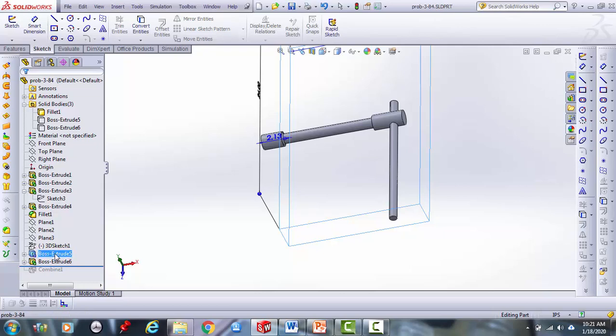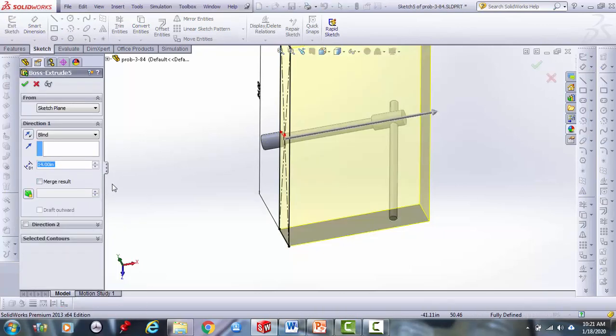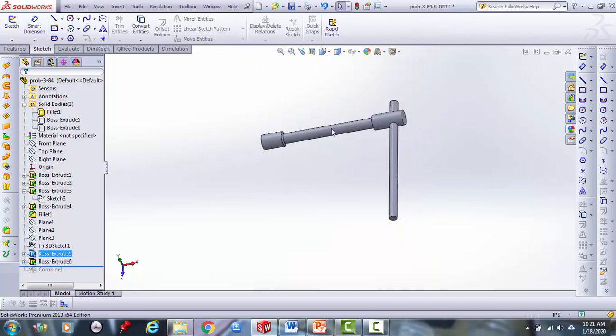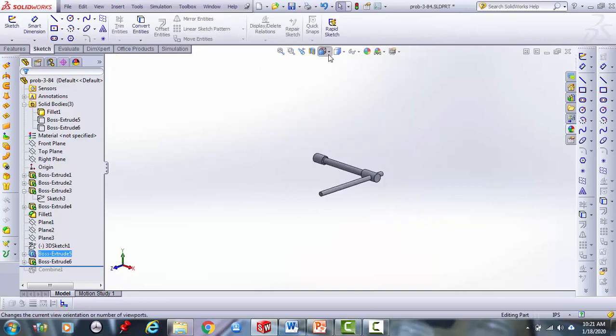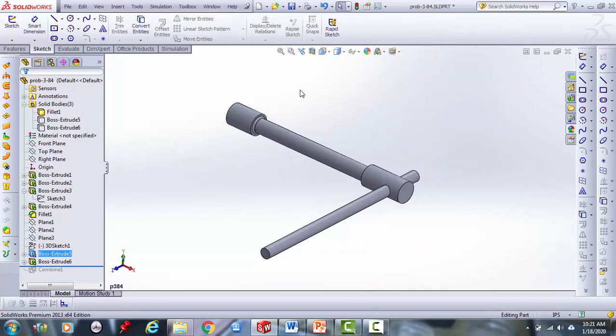And when I create this boss extrusion feature, I create it in such a way where I don't merge the result. And when I do that, I have the capability of doing an intersection. So I take the boss extrude 5 and I intersect it with this body,